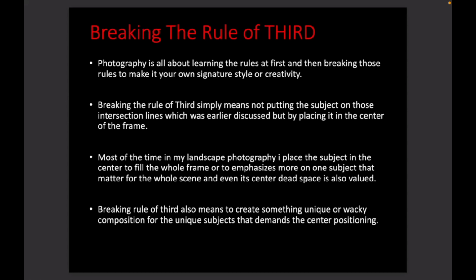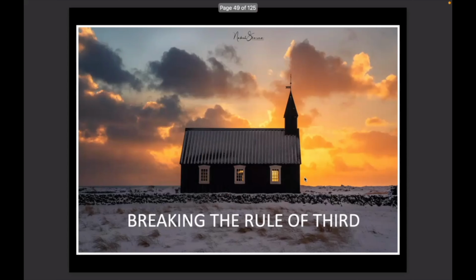It's the subject that demands the center positioning. There are sometimes in my landscape photography, if you see my landscape photography, I place the subject in the center because it's the subject that is asking for the center position, not asking for the rule of thirds positioning. That will come with feeling, with experience, with the scenario where you're standing. There are some scenes where I feel that it should go as the rule of thirds, not as a center positioning, because if I put it in the center, it won't look that interesting or appealing. But there are some scenes, like in this church case, I wanted